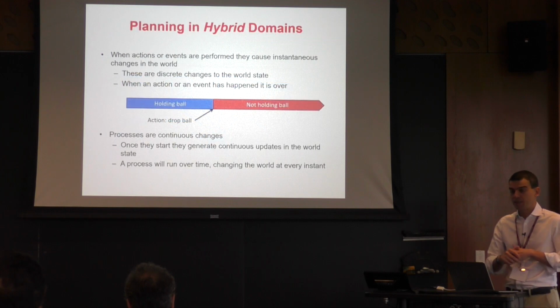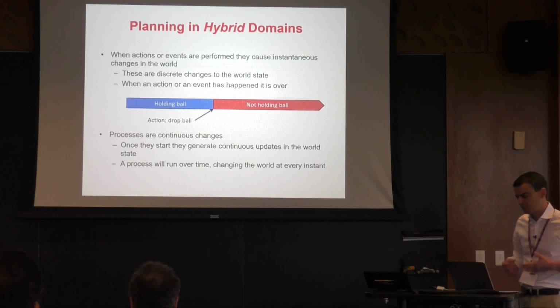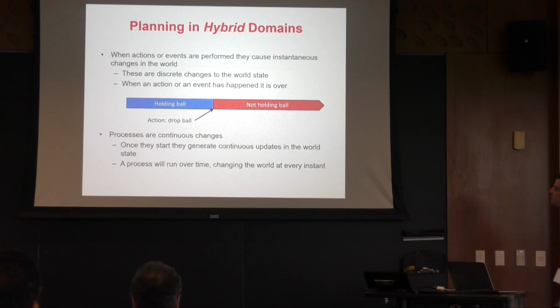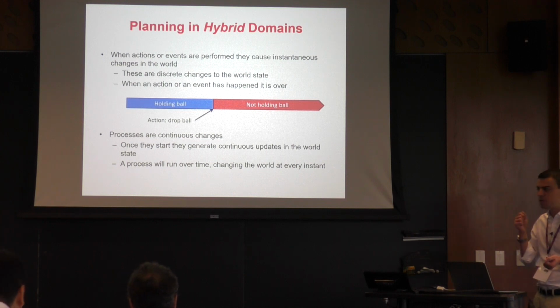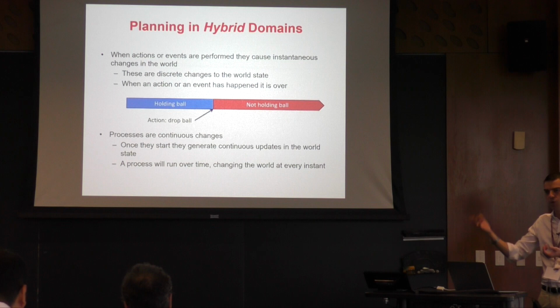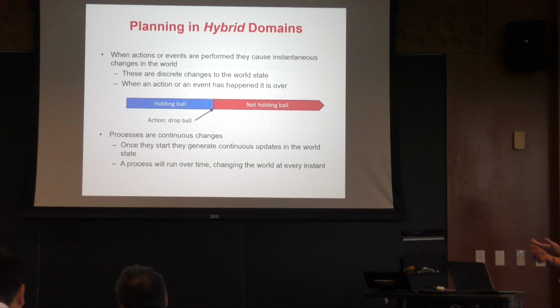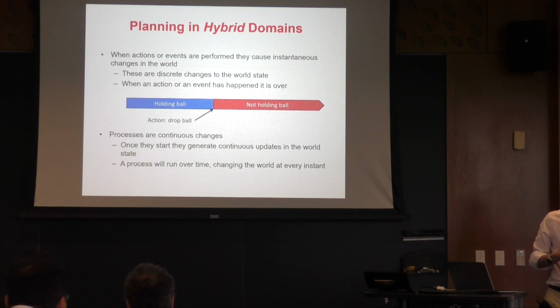What planning in hybrid domains is, again, I'm spending three slides on this just to make you aware of the ability of PDDL to also model hybrid systems, which are much more expressive than just classical planning. So hybrid systems are systems where we have discrete change and continuous change. They are very useful to model real applications, because many times it happens that you do some discrete change, like, I don't know, opening a tap, and this triggers a continuous change, water flowing and so forth and so on, right? And many times, particularly when you have flows of energy or fluids, think about the oil and gas domain, for example, you need to be able to reason with this continuous change.